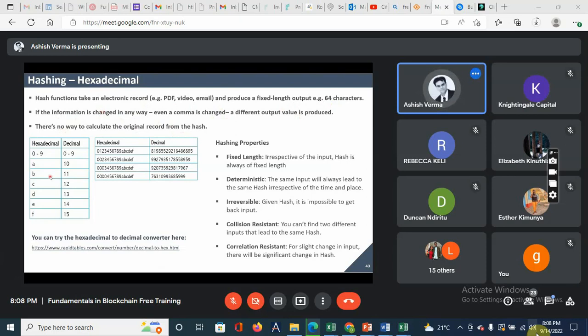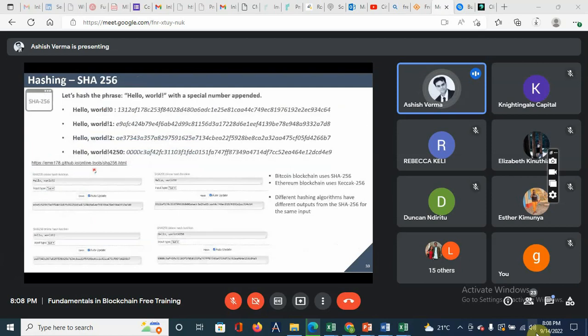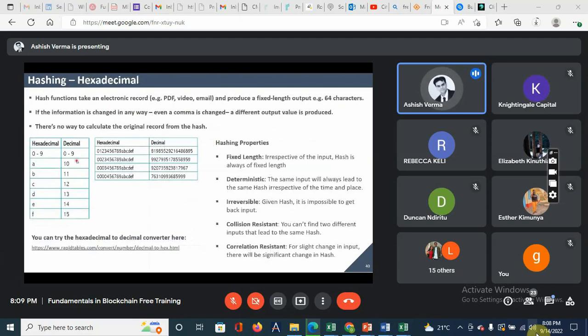Now you have seen these random numbers in the last slides. So how are these numbers generated? We see there are numerals and there is text also. This is the logic behind it, which is the hexadecimal logic. So we use 0 to 9 and letters from A to F. So these are 16 characters. That's why the name is hexadecimal. So all your hashes contain a number from 0 to 9 and only these 6 letters, which is A to F.